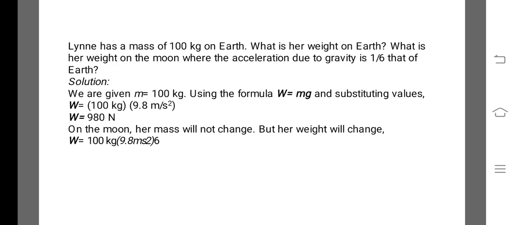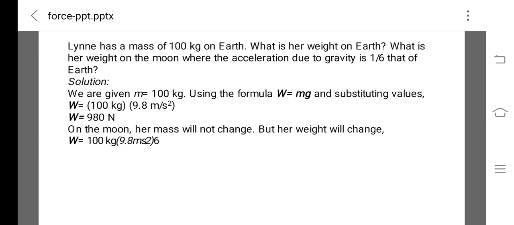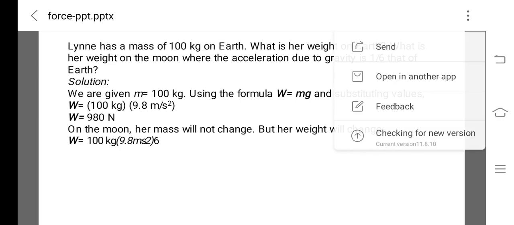Okay, so let's have a sample problem. Lynn has a mass of 100 kilogram on Earth. What is her weight on Earth? What is her weight on the moon where the acceleration due to gravity is 1/6 that of the Earth? So let's try to look. The given is the mass, which is 100 kilogram. So for us to look for the weight,